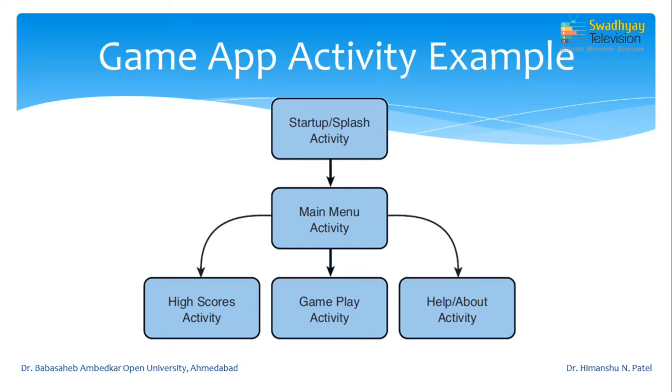So, the main menu can be another activity which may start after the splash screen activity, and inside the main menu there may be options for displaying the high score, actually playing the game, knowing about the game or what the rules are, and how to control the game parameters. So, you can specify all these as 5 different activities: one for the splash screen, another for the main menu, another for high score, another for actually playing the game, and the last one maybe help or about the game. This is how your Android app is designed around activities.